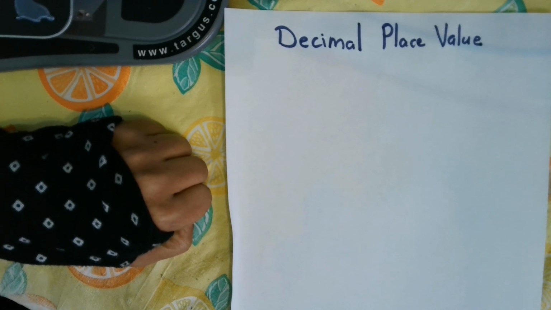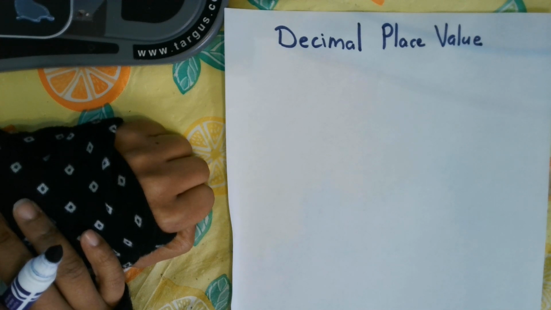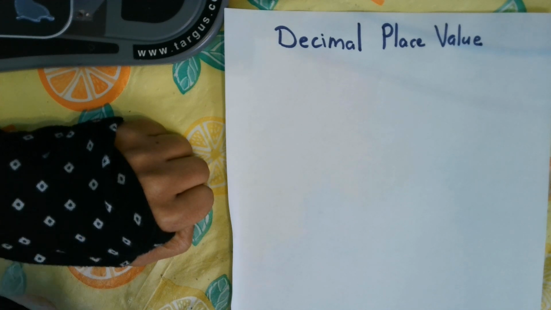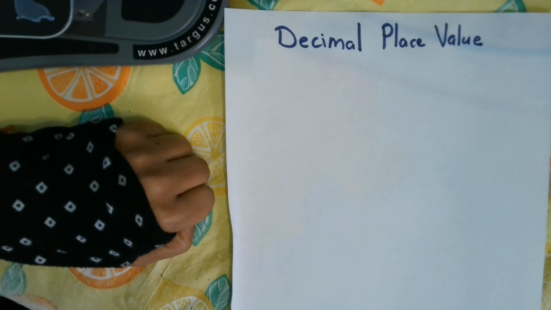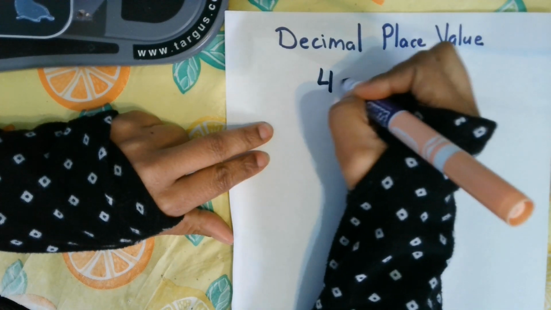Hey guys, this week we are doing decimal place value, converting decimals to fractions, and creating picture models based on what we have seen based on the decimal. But before we can do that, we really have to learn about decimal place value. So, when we're reading a number,